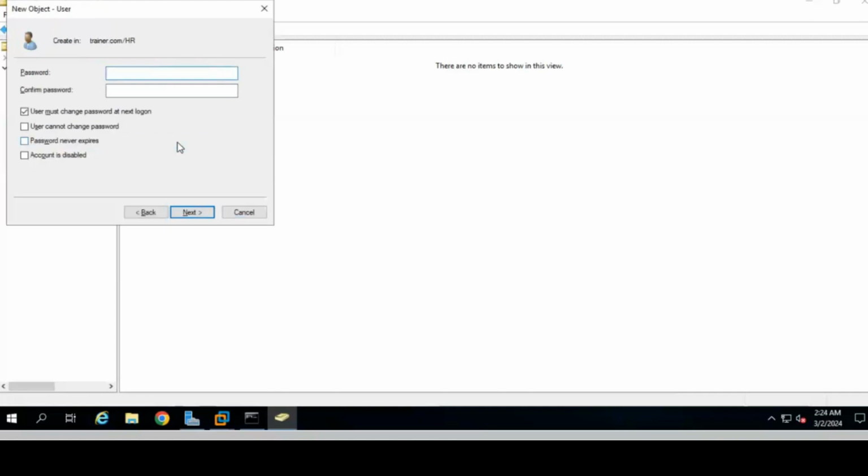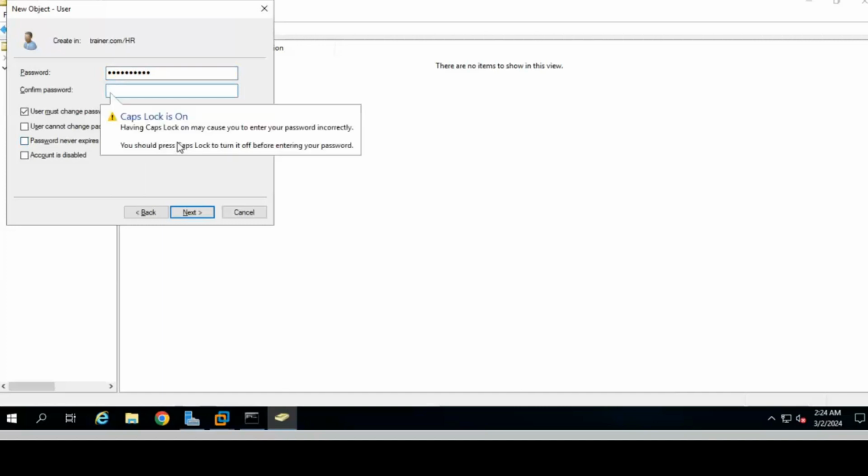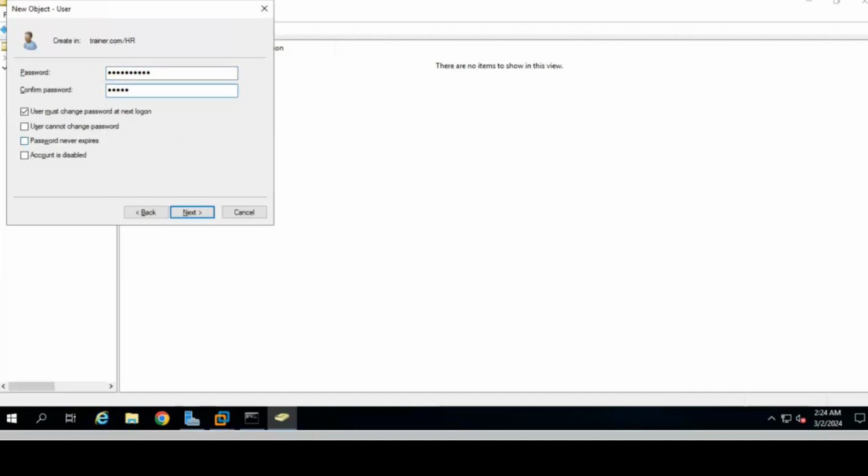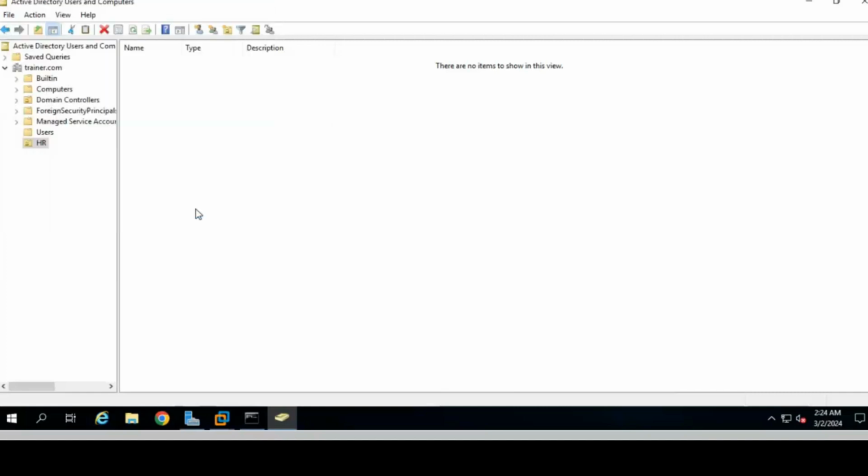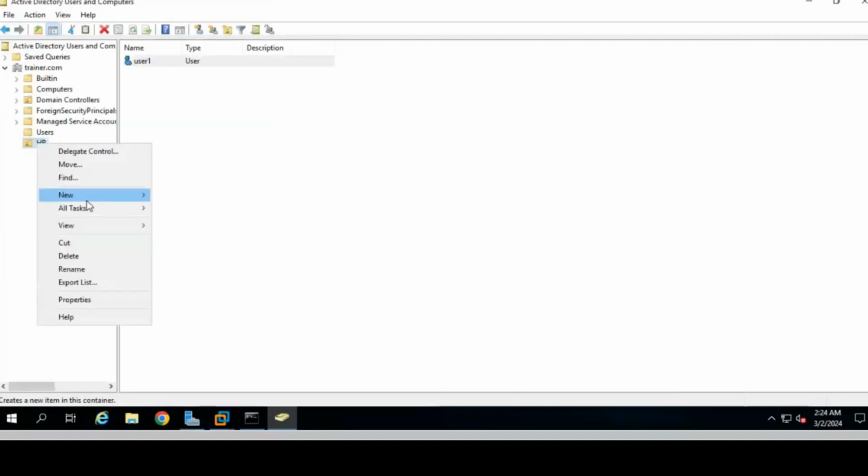Next, the password: cloud at the rate 123 and dollar, confirm the same. Untick the first option, tick the second and third options, next and finish. Now it is created.